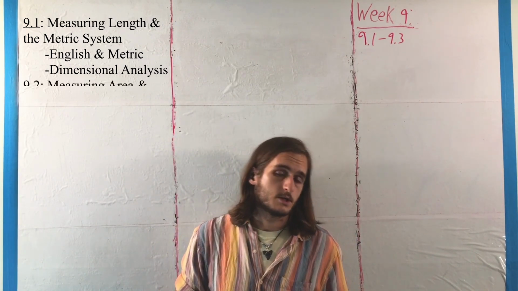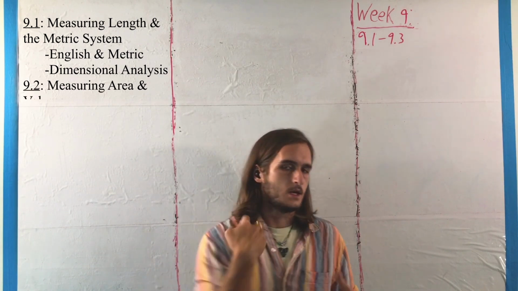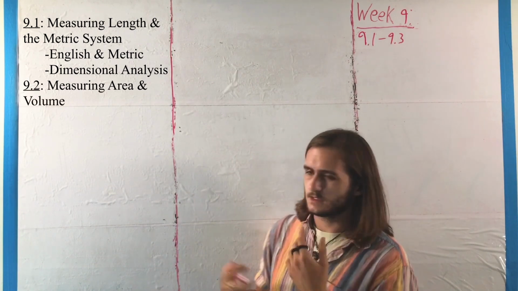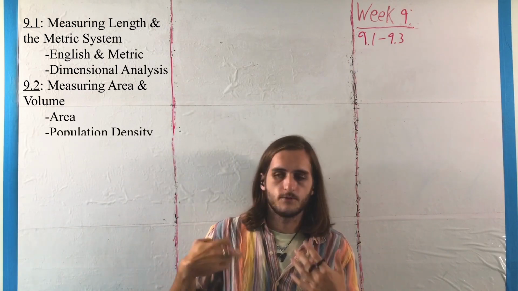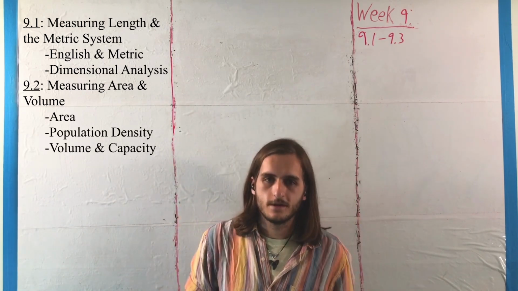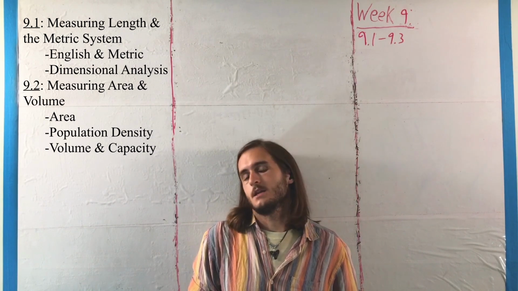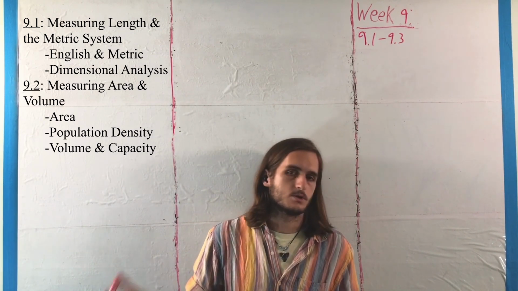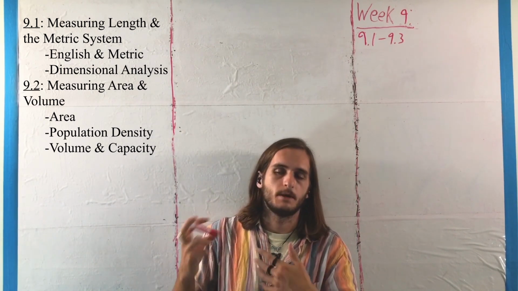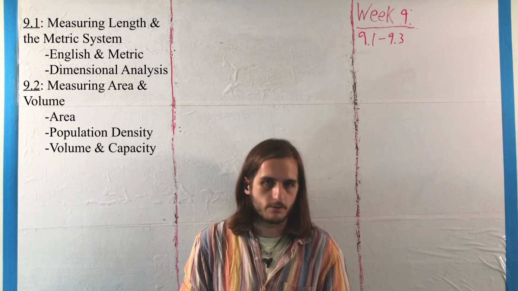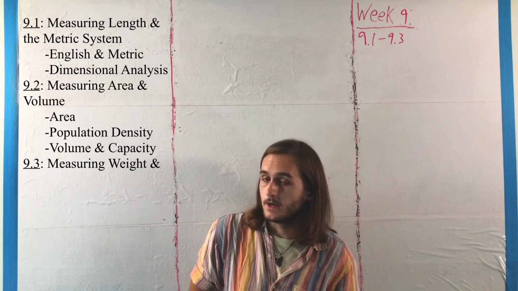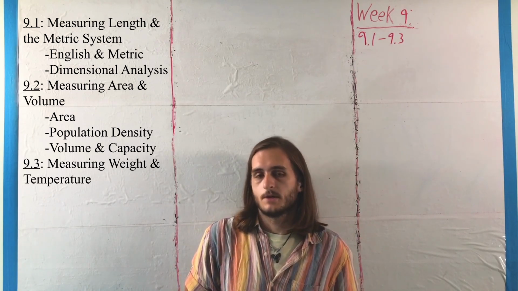Then in 9.2, we're going to talk a bit about surface area and volume, as well as capacity: the amount of space, the amount of fluid, the amount of stuff that an object can take up, again in terms of dimensional analysis, in terms of metric units, in terms of English units. And then we do the whole thing over again a third time in 9.3,